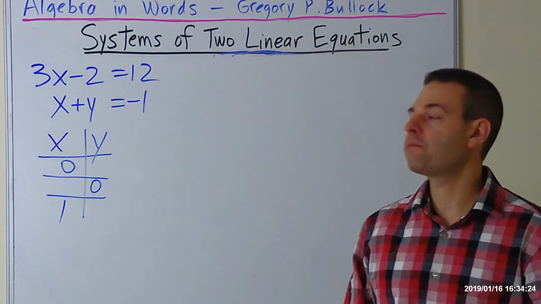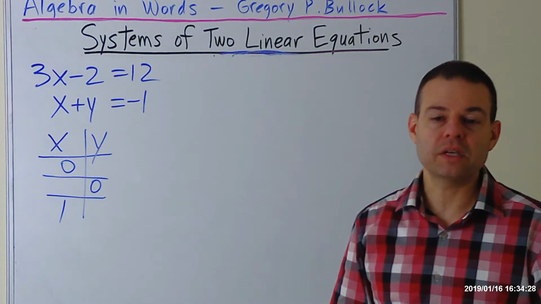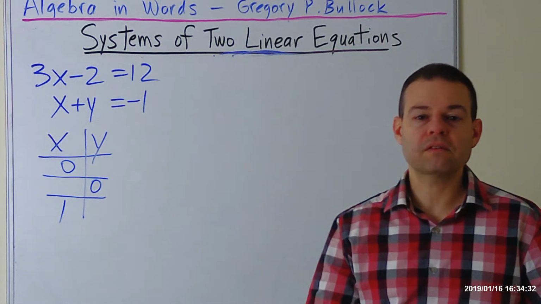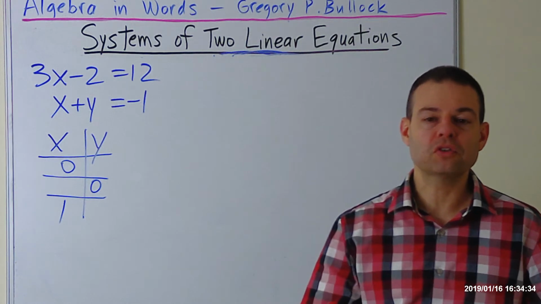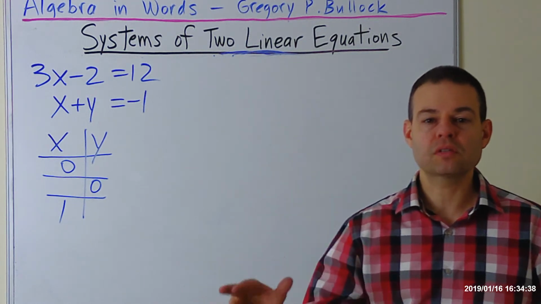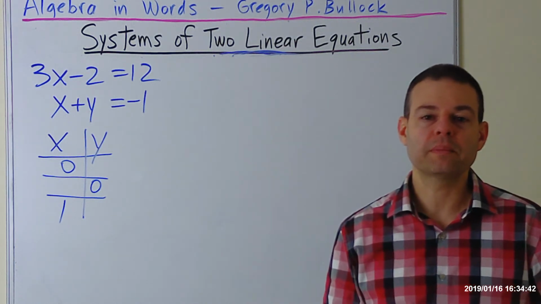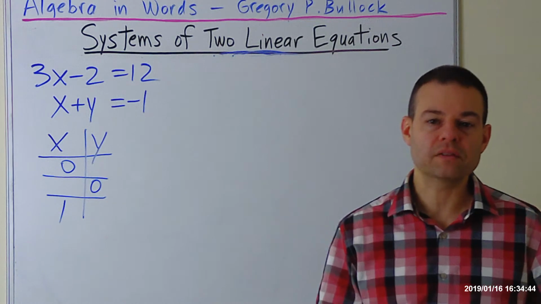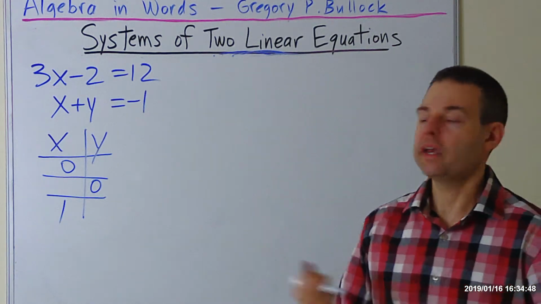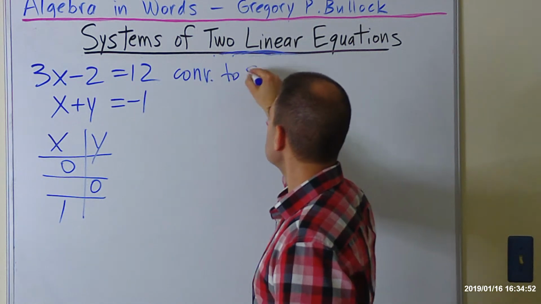The other way to graph, since these are in standard form, is to take the form that it's in and convert it into slope-intercept form, which is the functional form of the equation. You can first plot the y-intercept, then use the slope, and plot the line that way. So we get a little exposure, I'm going to show each of the two ways. Let's start with the top equation, and for this one I'm going to convert to